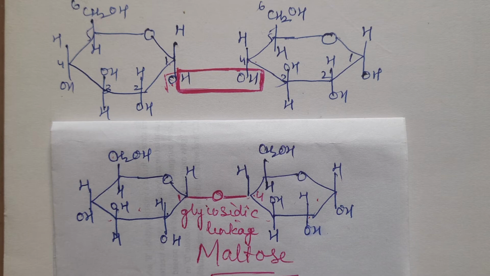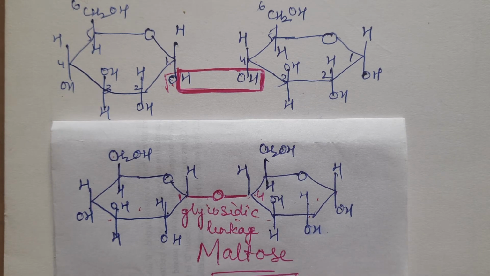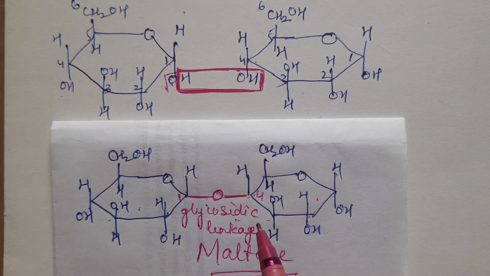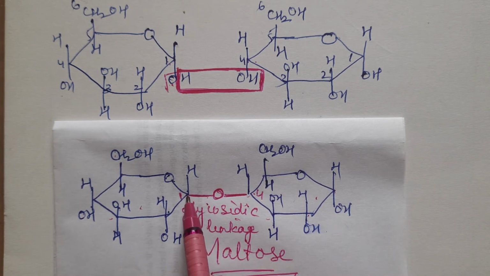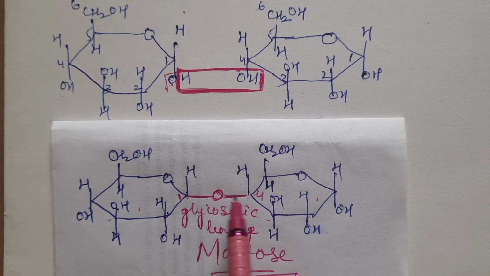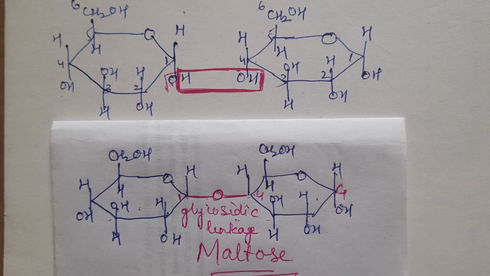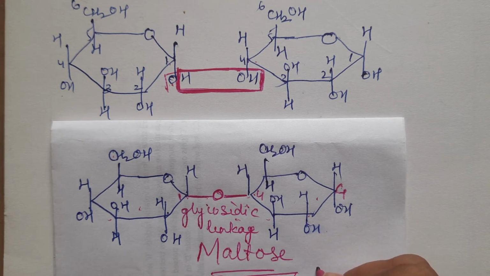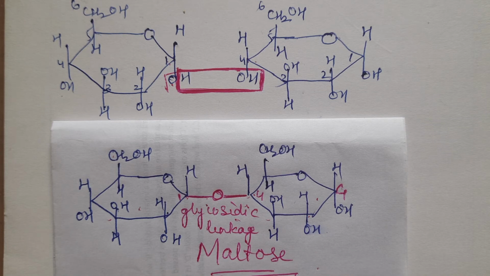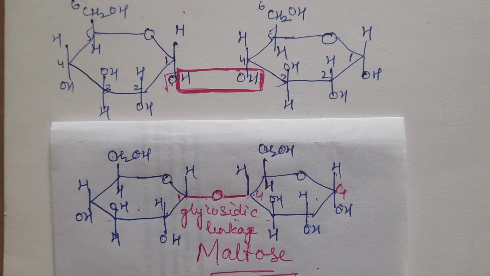Now, another very, very important thing I have to discuss. Now, let us check whether maltose is a reducing sugar or not. Children, we have studied in the previous videos that glucose has an aldehyde group on the first carbon atom. Right? So the first carbon atom is linked for one alpha D glucose. For the second one, the first carbon atom is free. So if the first carbon atom of glucose is free, then it is a reducing sugar. And for fructose, the ketone group was present on the second carbon atom. So if the second carbon atom of fructose is occupied, then it is a non-reducing sugar.